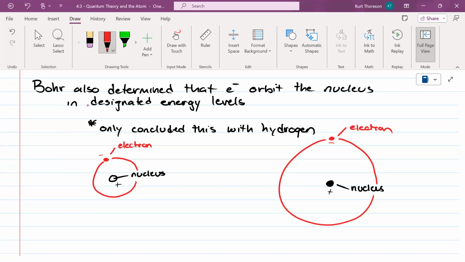The problem with this model from Bohr is that he only figured it out for hydrogen. It really does not apply to any other element. And so we will have to get into that tomorrow. We'll pick up where we left off with this. I'll rehash this material and we'll continue because I really want to get you guys in a good place set up for Monday.